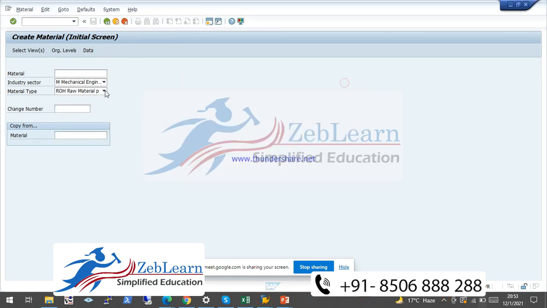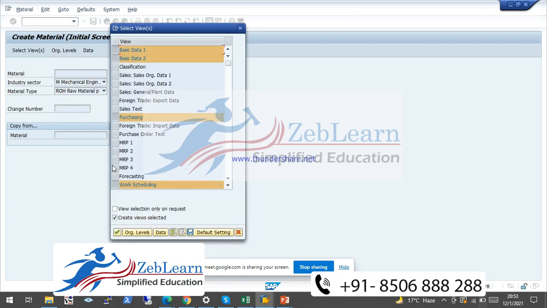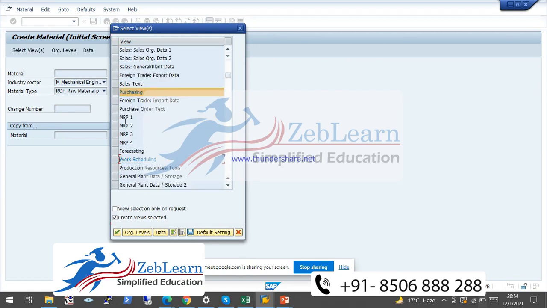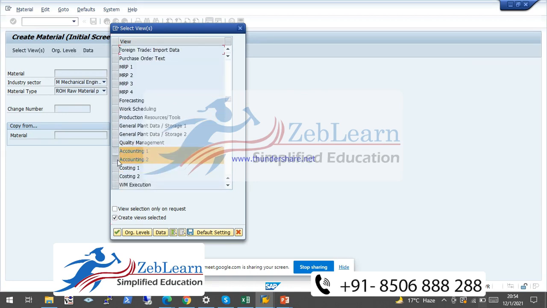So once I click enter and select the view as per my requirement, here is the basic data 1, basic data 2, purchasing, accounting and storage data.